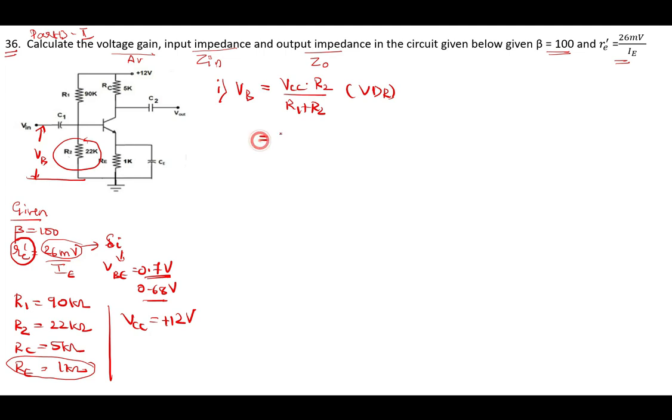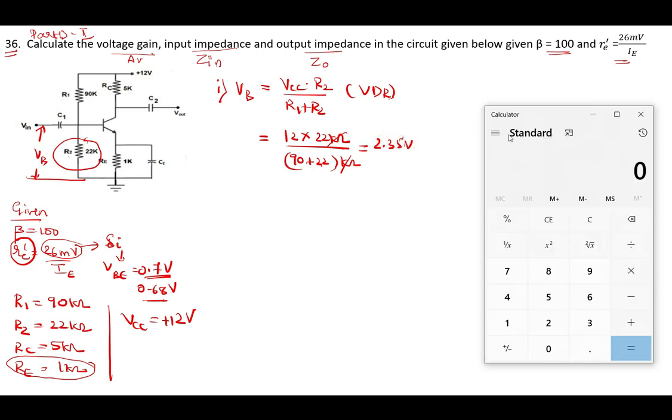All the values are given here: VCC is 12 volt, R2 is 22 kilo ohm, and R1 and R2 both are in kilo ohm. So I will put the numbers in the bracket and the unit outside, so kilo ohm gets cancelled. If you do this calculation, 12 into 22 by 90 plus 22, you are getting